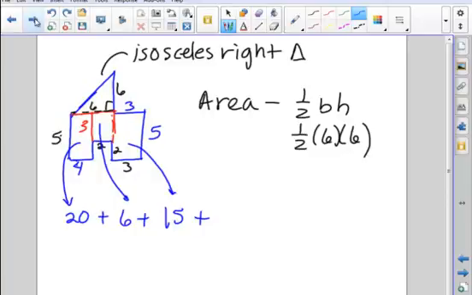Or you can do 6 times 6, which is 36, and multiply it by half. No matter how you do it, you get 18. So do whatever makes the best sense to you. So when you add all that together, what do you end up with? 20, 15 is 35, 41,